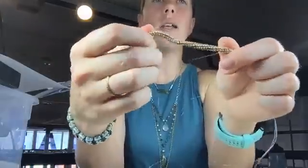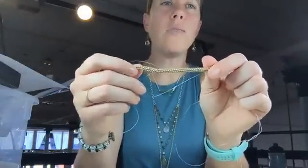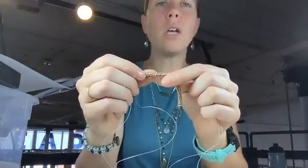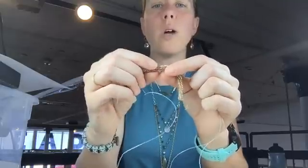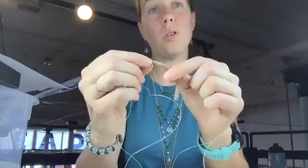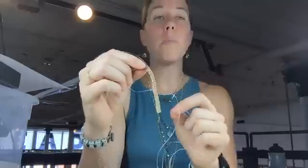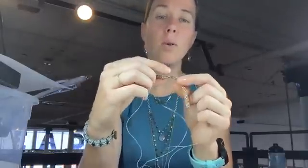Now, certain stitches, like I said, so there we just added in a new bead, and you really can't even tell I added a new bead in a different color. You can't really see the threads because of the stitch. So that's a nice thing if you do it on a tubular stitch. It usually is harder to see the thread. If you have something again with a bigger bead, you may see the thread if you have something that does break. So certain projects, yes, you will be able to go in, restitch,